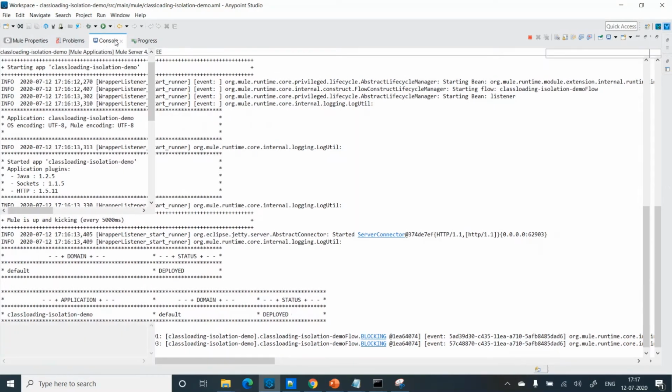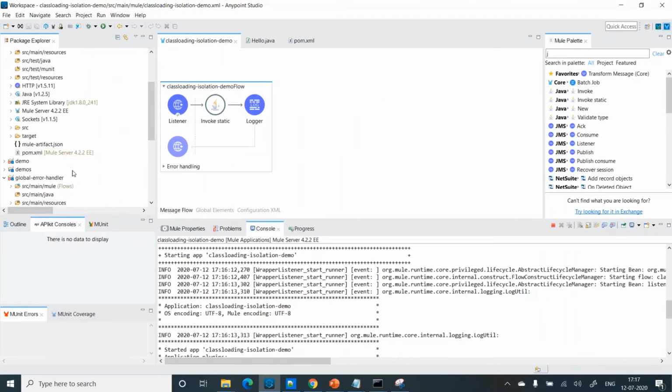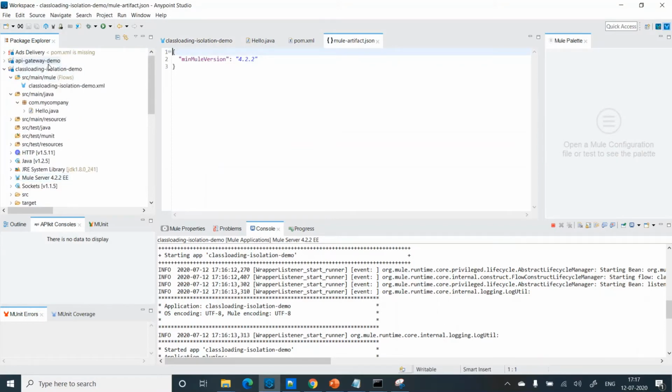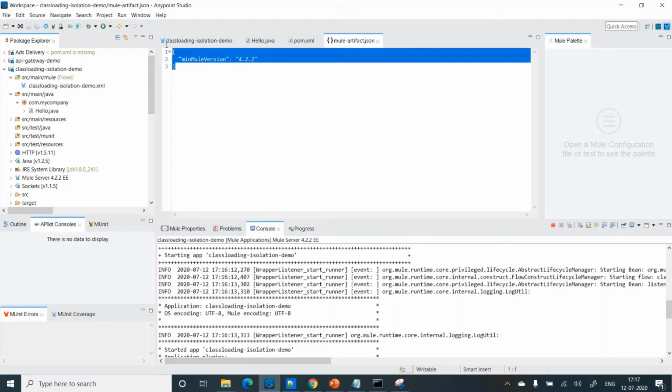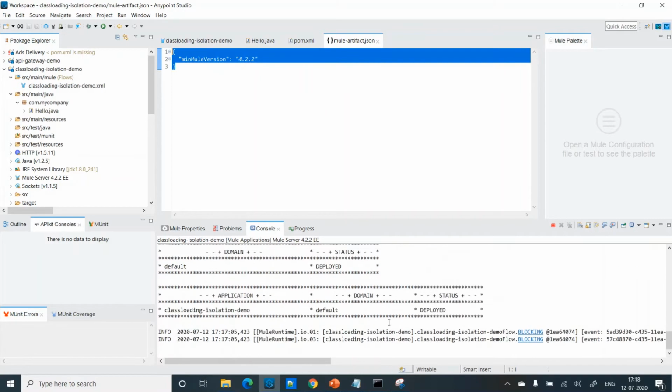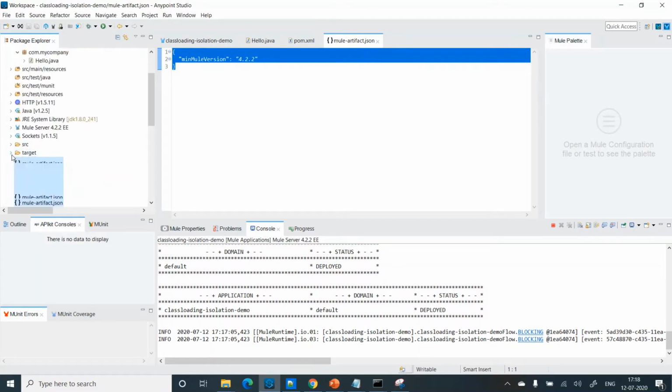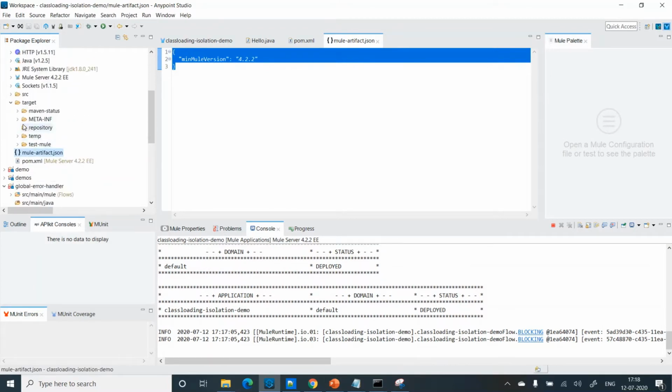So let's go back to the mule-artifact.json and see if I have added anything or not. I can see I haven't added anything, right? And it belongs to class loading isolation demo mule-artifact.json, and it still works. Like in the slides we saw, it should not work, right? But it's still working. So let's go to the target folder and then to the meta-inf,